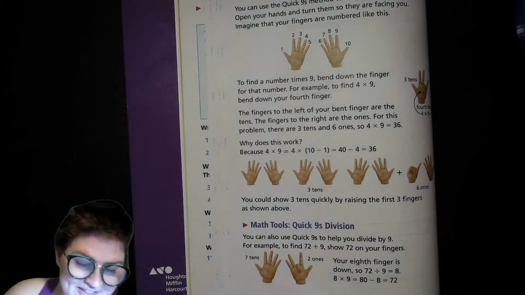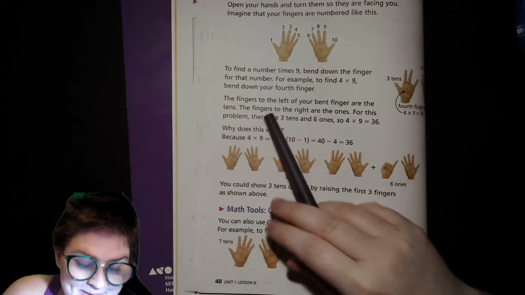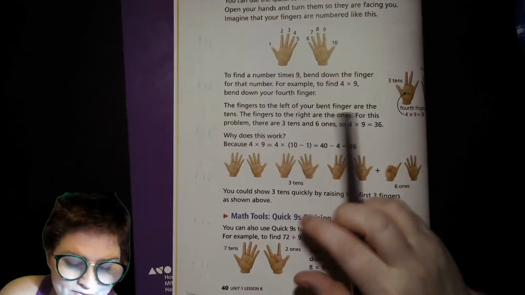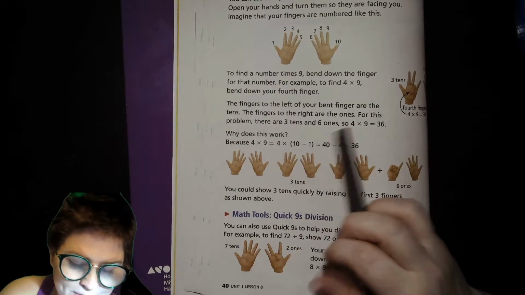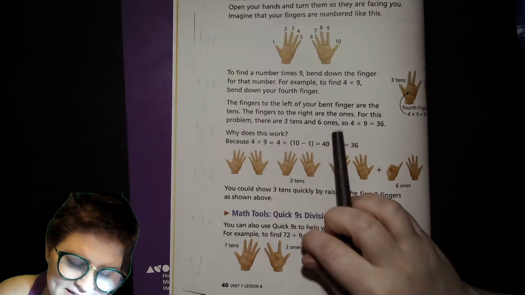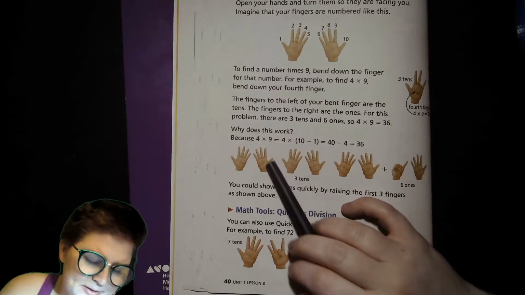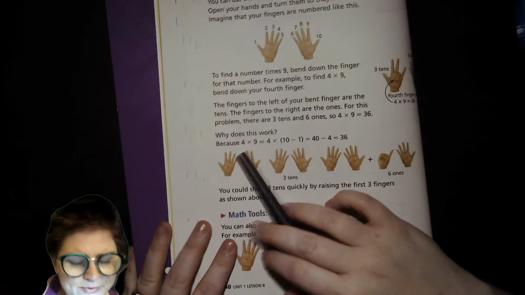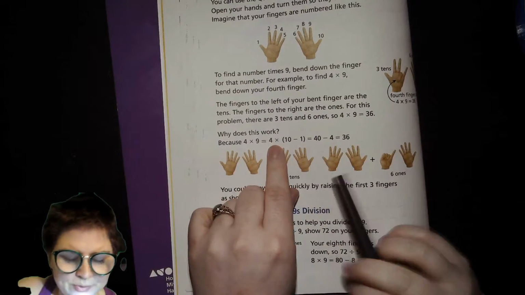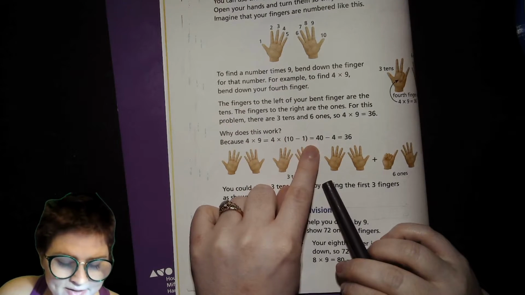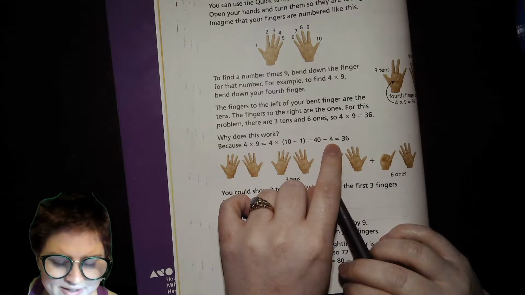Pretty cool. All right, so it says the same thing right here. The fingers to the left of your bent finger are the 10s. The fingers to the right are the 1s. For this problem, there are 3 10s and 6 1s. So 4 times 9 equals 36. Well, why does this work? Well, because 4 times 9 is equal to 4 times 10 minus 4, which is equal to 40 minus 4,